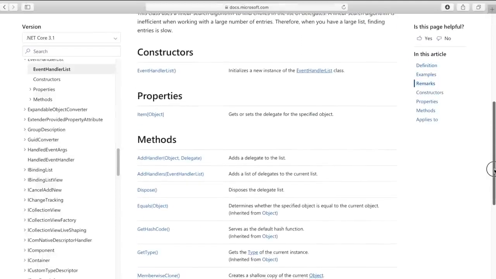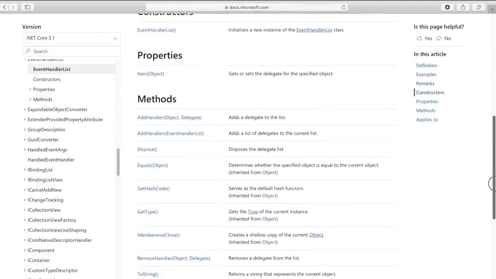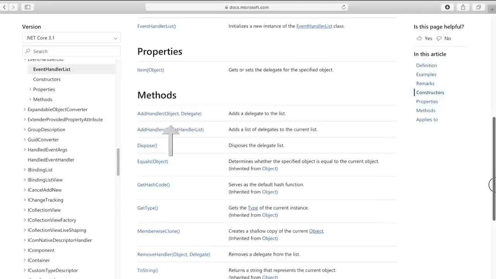For its first argument, this object value serves as a unique key for accessing values in the collection. And its second argument is a value of type delegate. The EventHandlerList collection class allows the developer to store delegates that can be accessed within the collection using a unique key. We are also going to implement code using the RemoveHandler method to remove delegate objects from the relevant